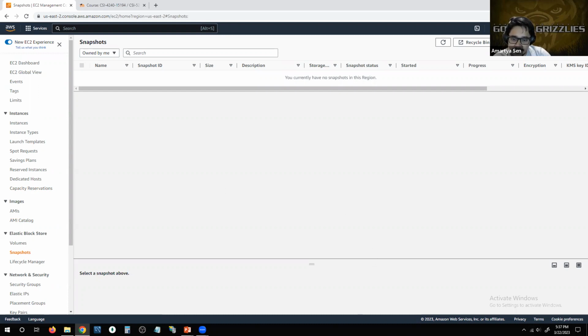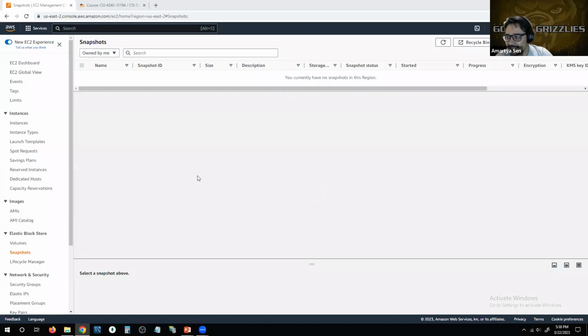So you have to keep in mind that these are two different technologies that are available for us compared to the Elastic Block Store. And the first few exercises that we are going to be doing are to understand the basic functionalities of these two services. Okay, so in order to work with EFS, or the Elastic File Storage,